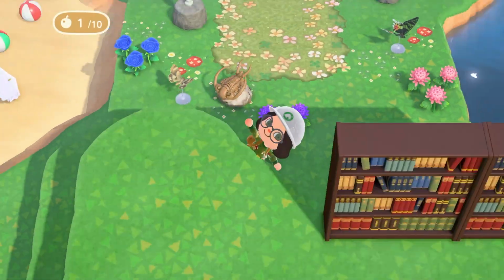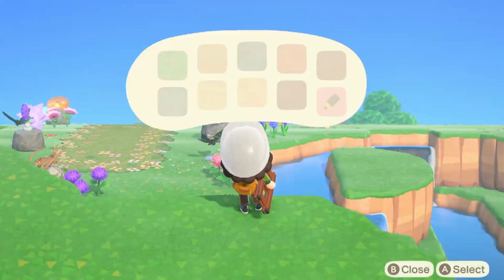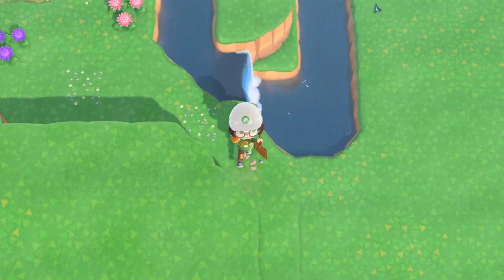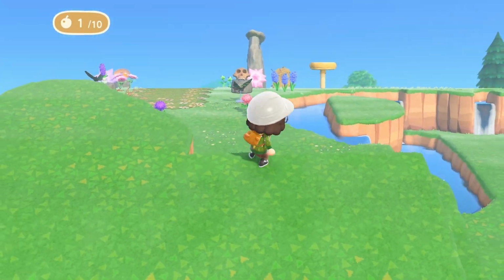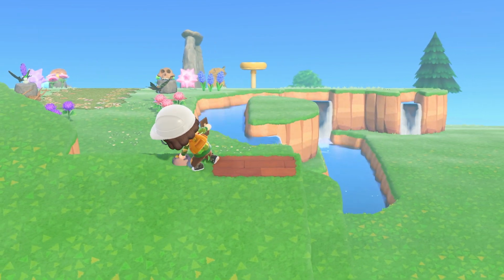So I also decided I was going to get rid of that. But I even brought it in two more spots. So it made the little thing that's sticking out, I call it a peninsula. It's really not a peninsula. I guess we could say balcony. But I made that area a little bit bigger so that way I could fit the bookshelves here and they